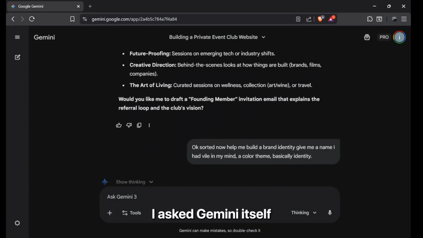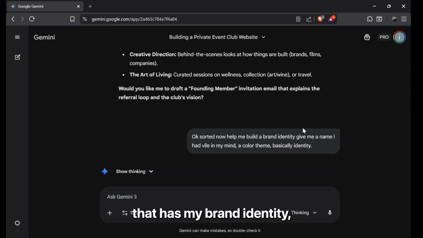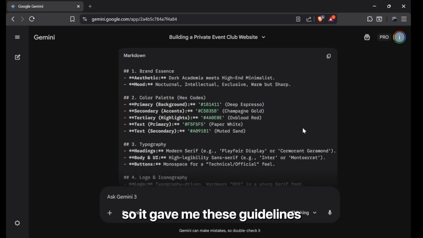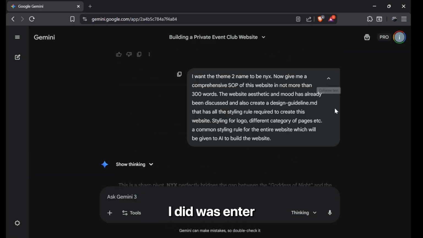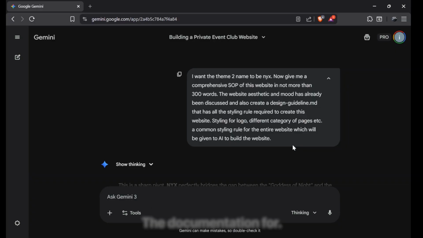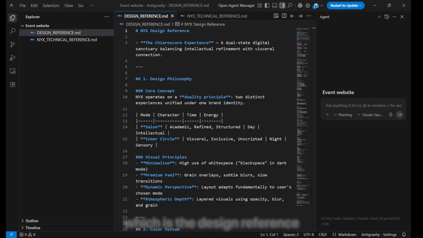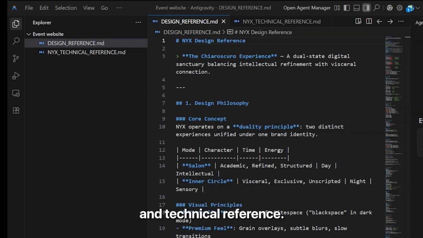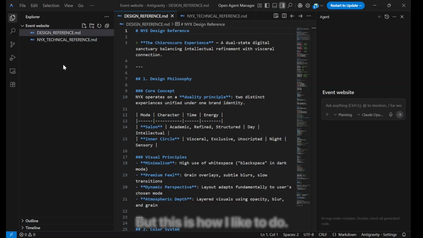After which I asked Gemini itself to give me a brief document that has my brand identity, color theme, styling, what sort of tech stack I should use, etc. So it gave me these guidelines and this whole text, and all I did was enter all this data about what I wanted to create the documentation for. Now I've added those things into two of my files, which are the design reference and technical reference. You can even go ahead and simply paste it in your text box,